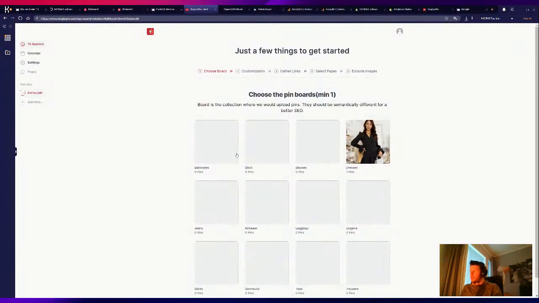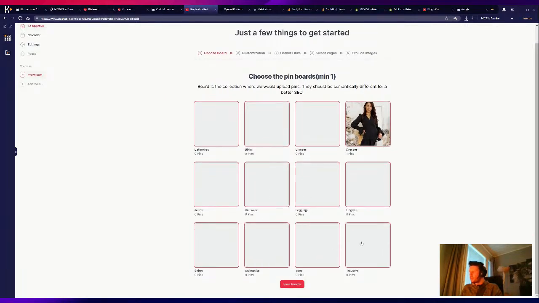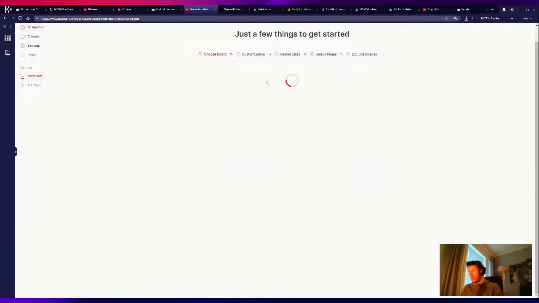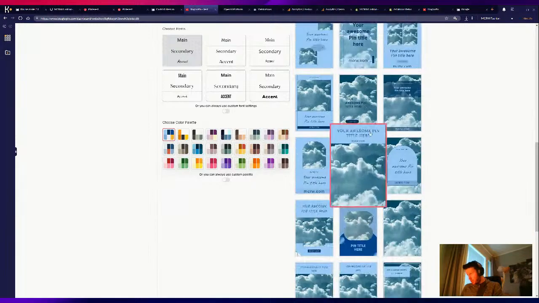Okay, let's continue. So now we can choose the boards that we want to pin to. So I'm gonna choose all of these. So it's block to pin will choose automatically which board it will pin the current product that is pinned, basically. And this will also let me choose some